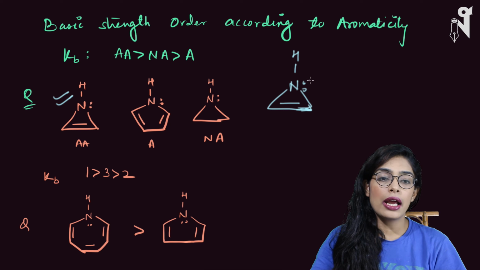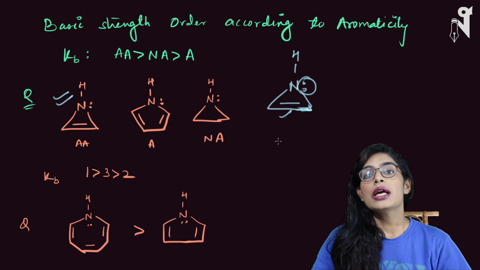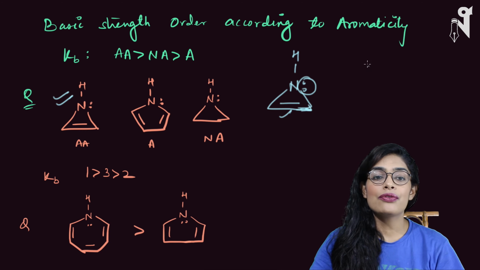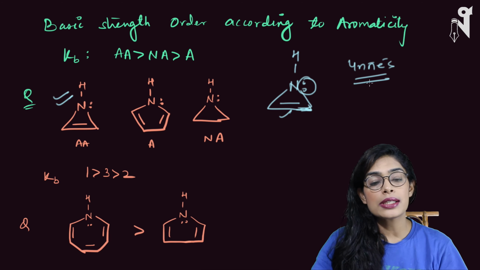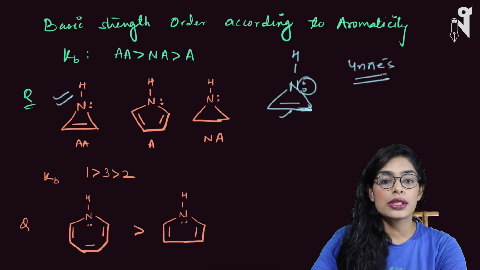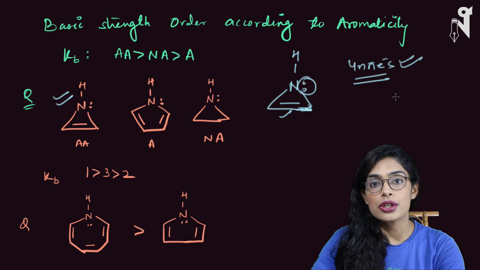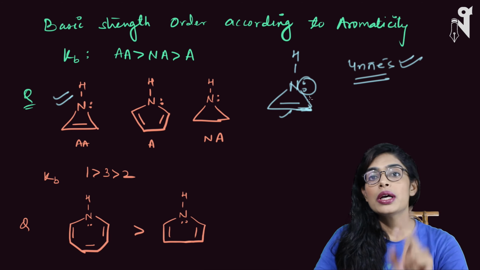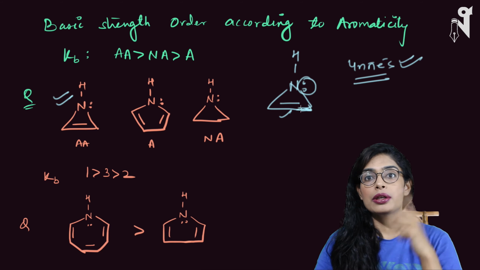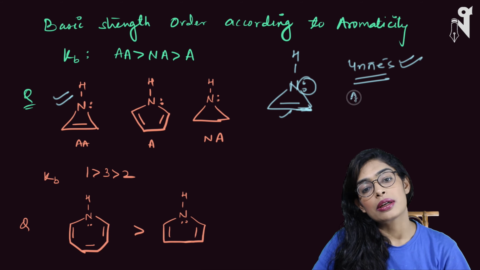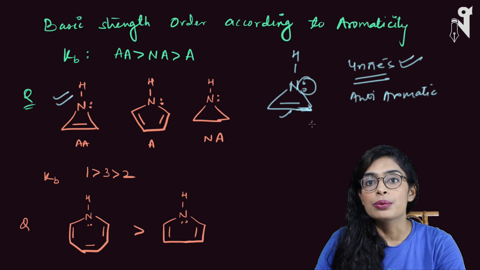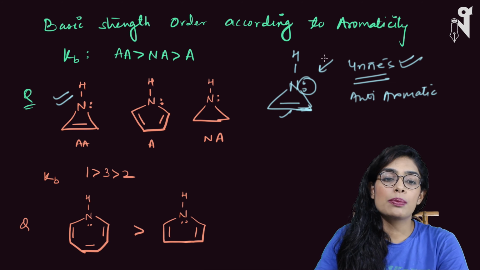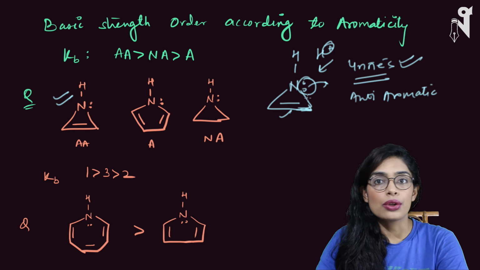Here, if you see, I have this lone pair and this pi bond. Both are involved in the resonance, following the 4n pi electrons concept. These two pi electron sets are in conjugation, hence this is anti-aromatic, highly unstable. Now when this nitrogen has to behave like a base, what exactly will it do? It will either take H plus or it will give away its pair of electrons. Either of these two things it will do.